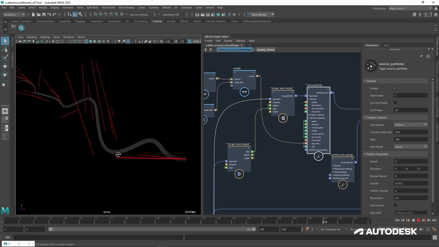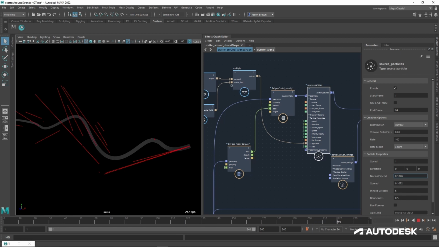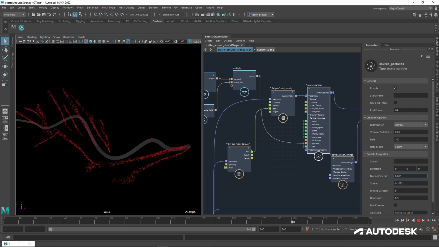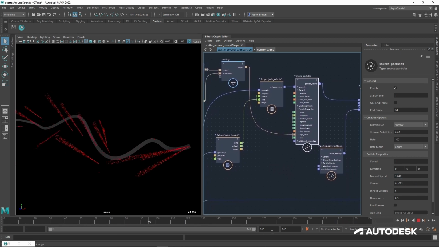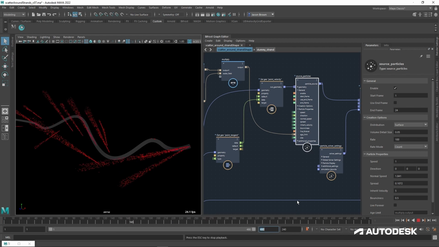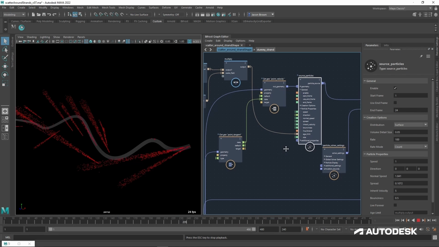of the strand. If I start increasing my normal speed, you can see that the spread is starting to come in, and they're also starting to bend away a little bit. If you just watch here, you can see them bend away and bend towards. This is essentially adding the velocity along the tangent and the velocity along the normal. So I'm able to get a blend of the two, which is great. So basically, if I want to have the start of some nice animation, or sort of a spray hose here, all I really need to do is set up a